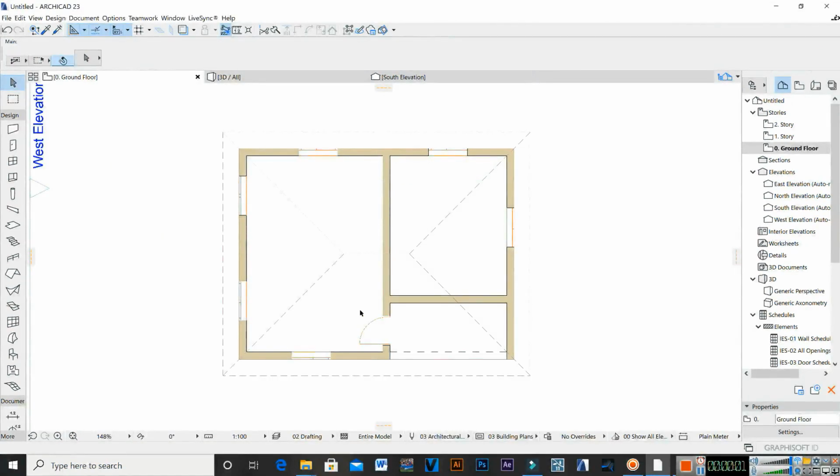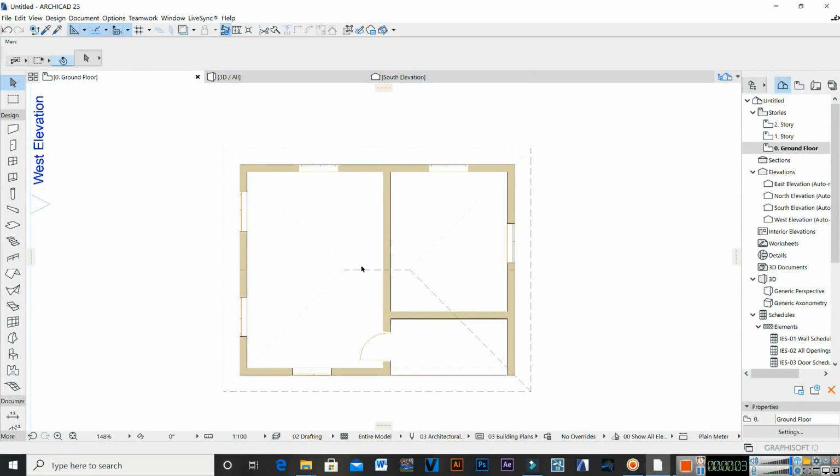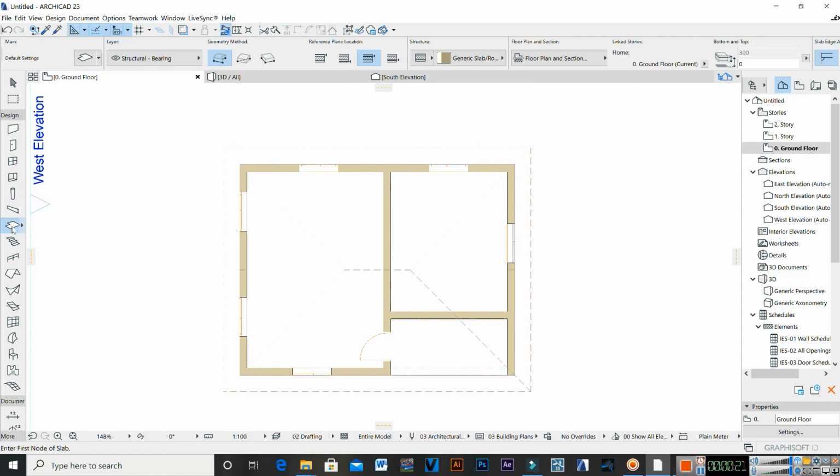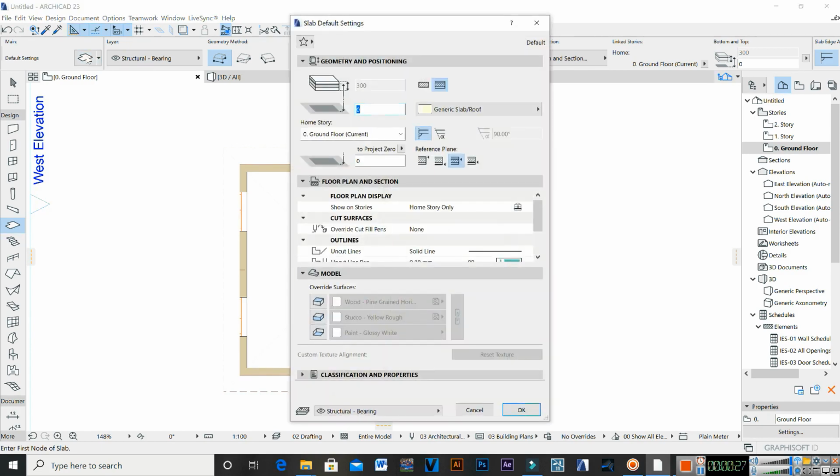Okay, so one other thing I want to show you before we bring this tutorial to an end for today is how to add a slab. When you're done, you will definitely add your slab which represents the DPC. So this is the slab tool. When you click on the tool, remember to go to the settings dialog so you can make all the